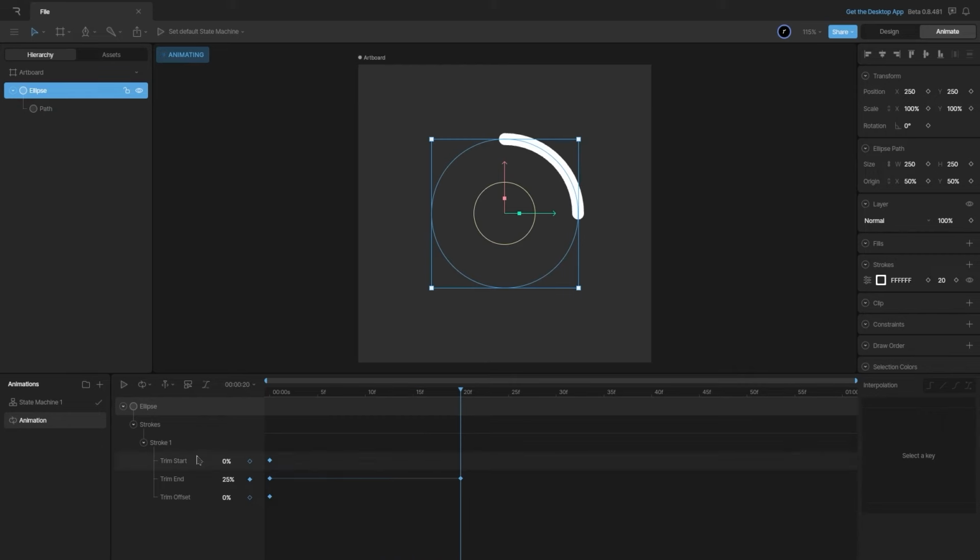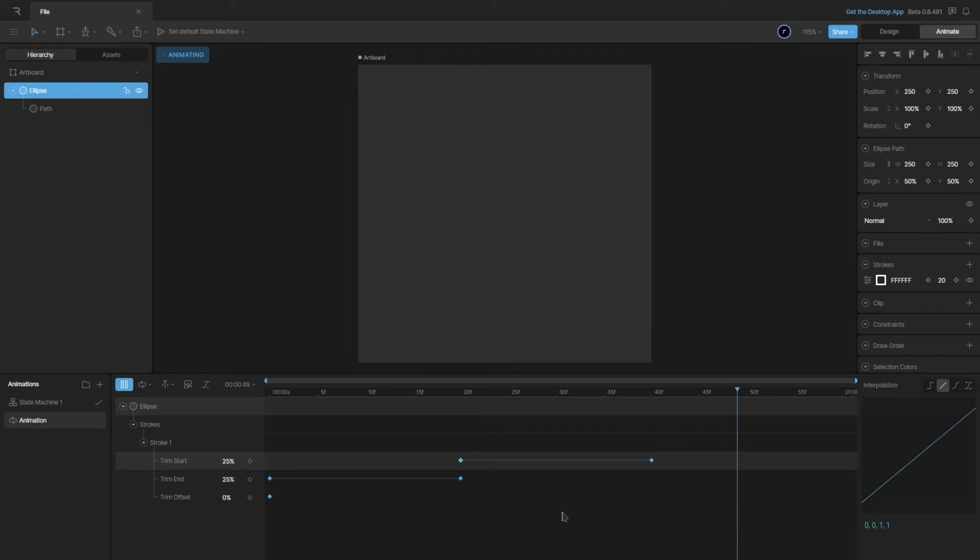Great. Now we'll go ahead and animate the starting point, that is from 0%, so I can drag this keyframe right here, and then I will move the same amount as the trim end, that is 20 frames ahead, like this. And now I will go ahead and set it to 25% as well. And if I scrub through the animation, you can see we follow back with the starting point like this. And if I play the animation as a whole, you can see we get the effect, but